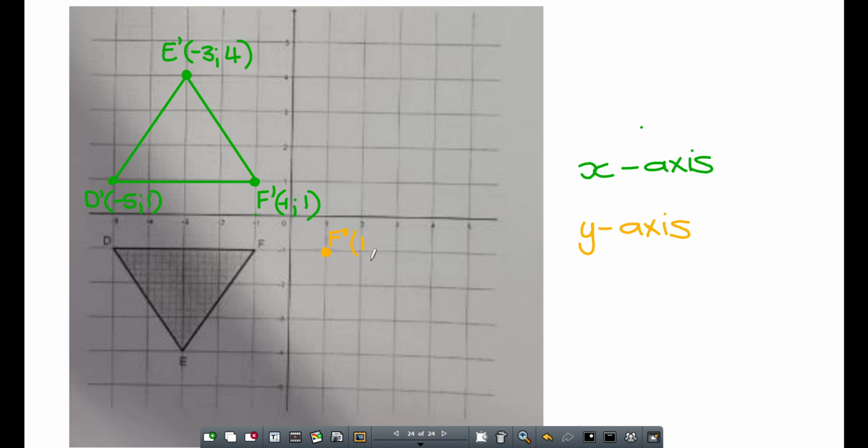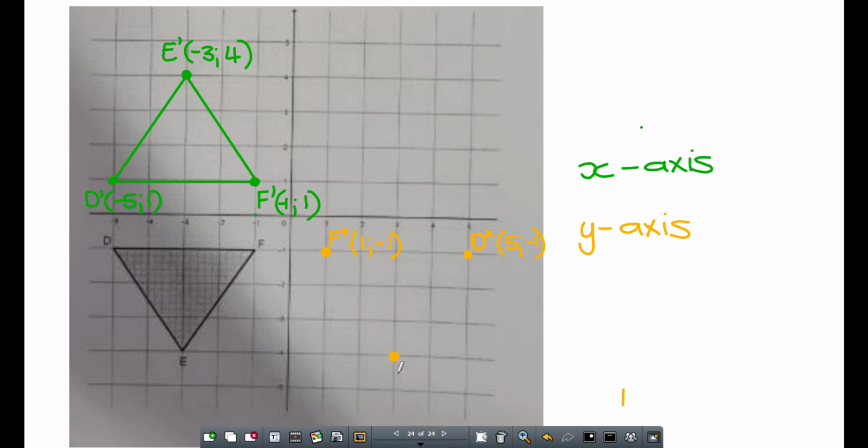So x will become a +1, but the y value stays the same. Then d, 1, 2, 3, 4, 5. So that will become +5. And still -1. And then e